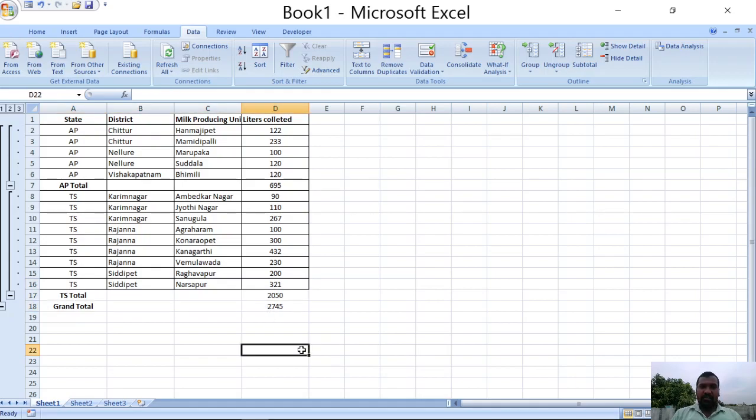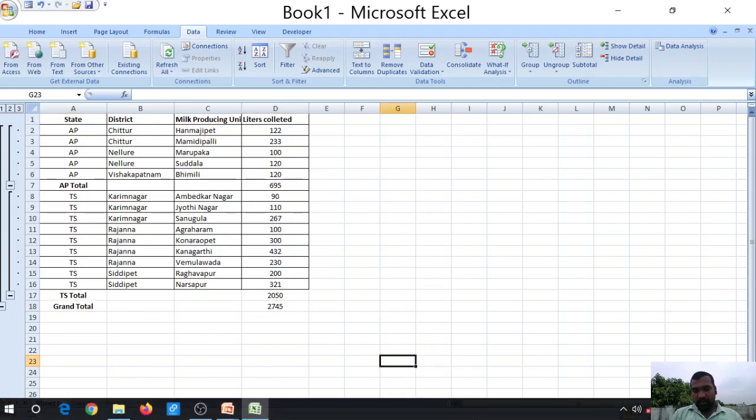Why? Because we have chosen the change in value as state. For the state column we have only two options, one is AP and another is TS. So the AP total will be displayed, the TS total will be displayed, and then the grand total of AP and TS will be displayed here. So this is about subtotaling.